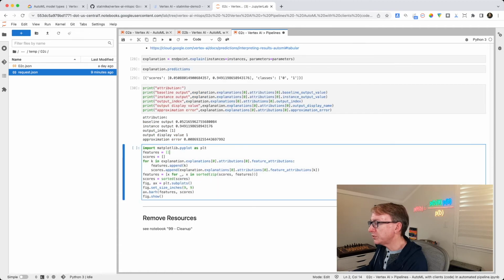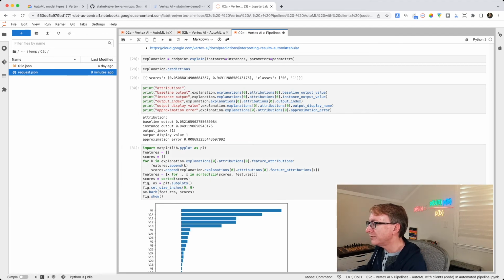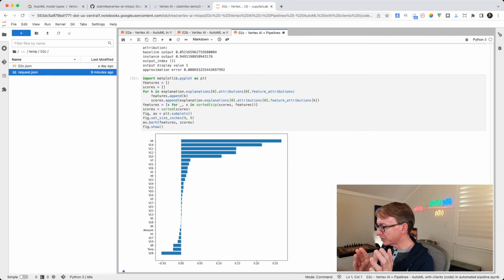So what's driving that big deviance? Well, what I'm going to do in this next blob of code is go to the other part of the explanation response that has each feature attribution, each feature and its contribution to the delta here. I'm going to collect those in a data frame and then plot them using a Python package called matplotlib. And when I run this piece, I get this nice chart that very quickly tells me the majority of the difference from that baseline prediction is